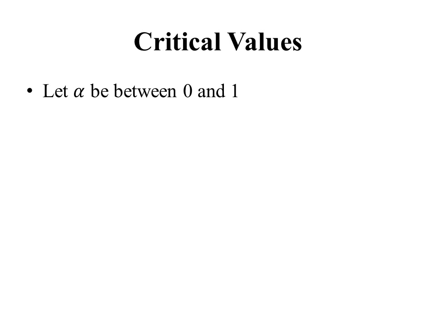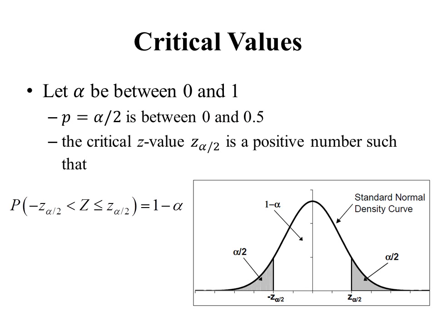And next we're going to discuss a special case of critical values. These special cases start off with a number alpha that's somewhere between 0 and 1. So then the number alpha divided by 2, which we'll call p, is a number between 0 and 1/2. And so then the critical z-value, z sub alpha divided by 2, is a positive number such that, so here